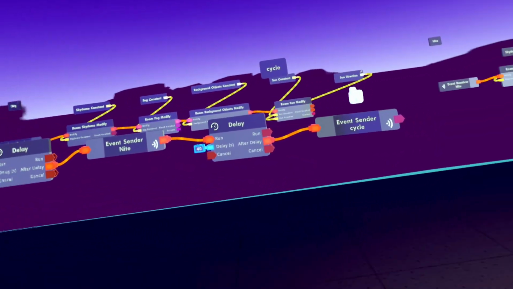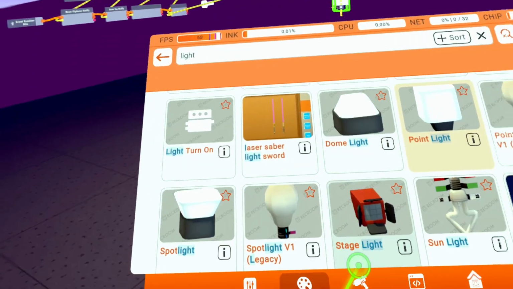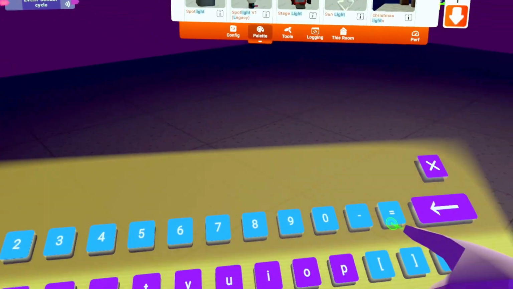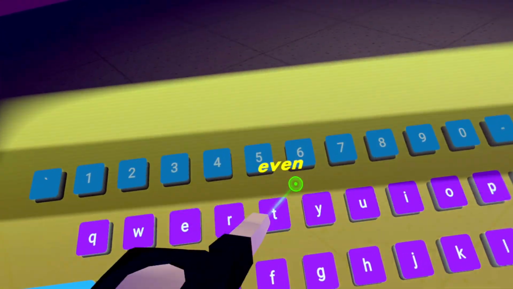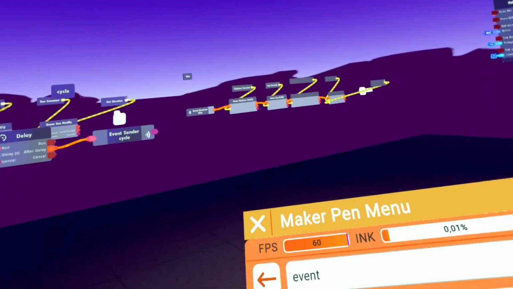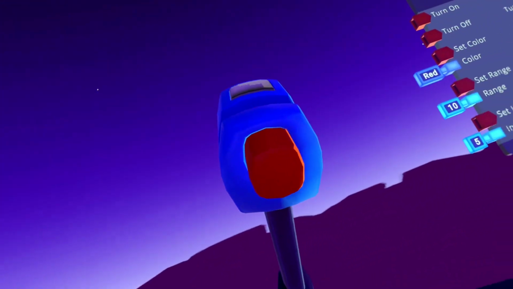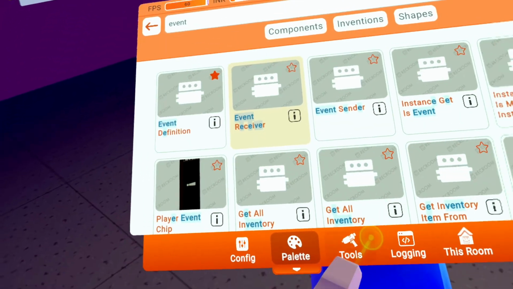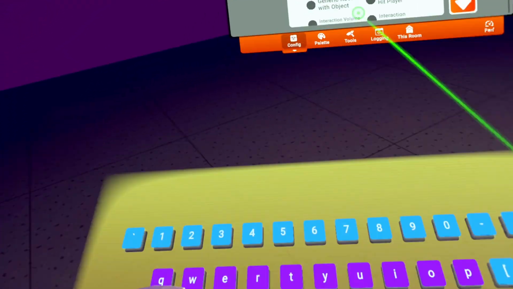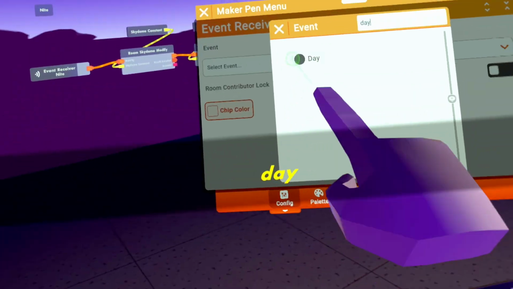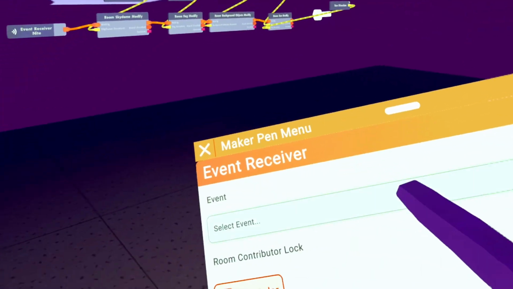And the way we can use these events here is super cool, because we can also put some event receivers here in the beginning, and then just set it up for day